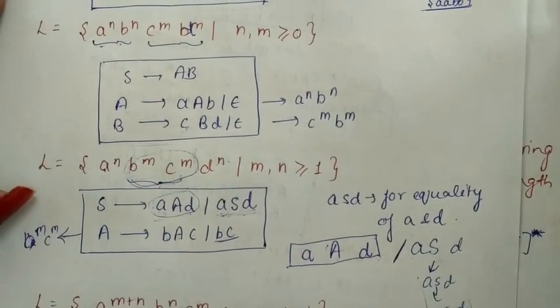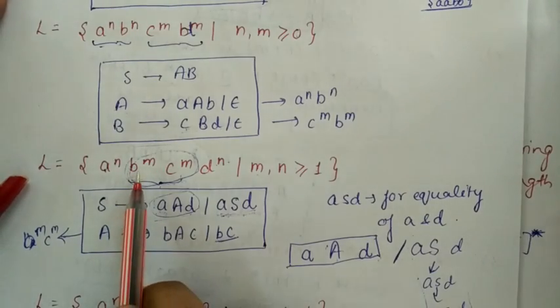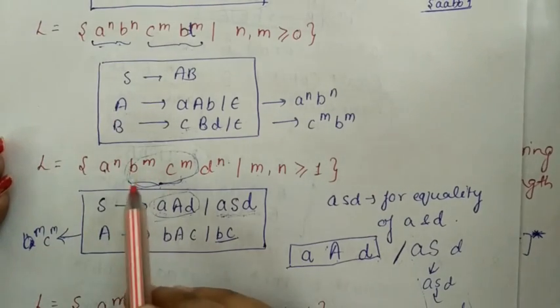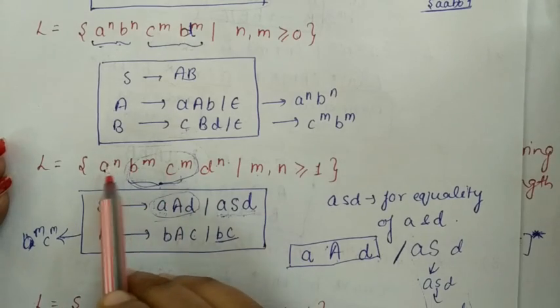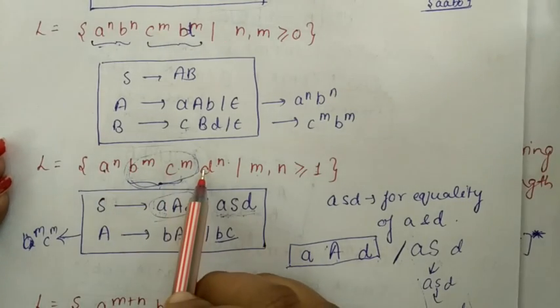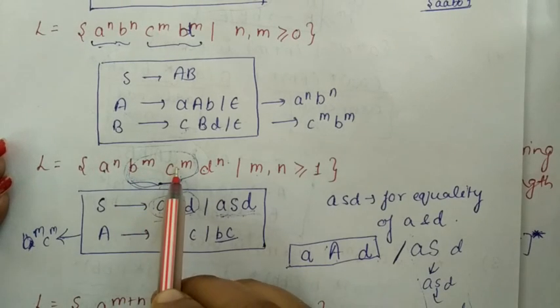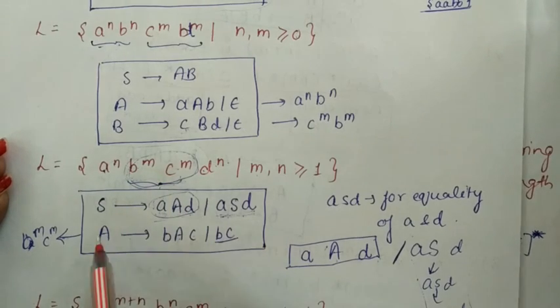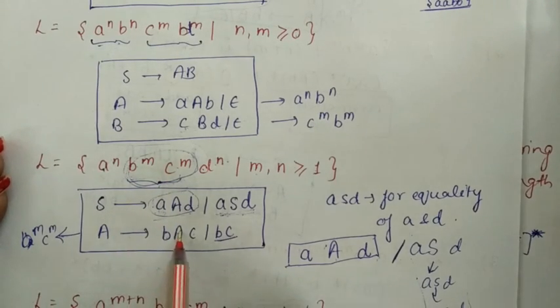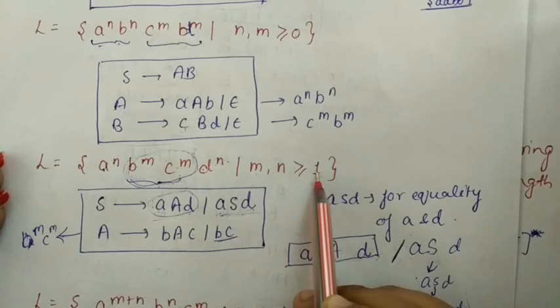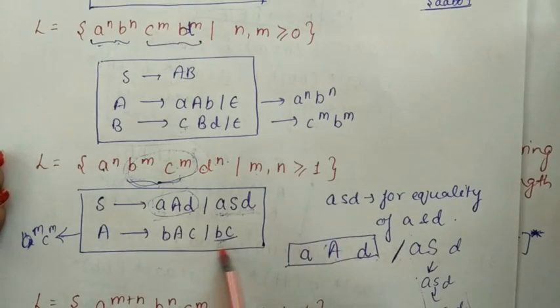Now our next problem is this. In this problem, the value of B and C is same and the value of A and D is different. So for this it is simple. Since the value of B and C is same, we can write bc, and we will take the repetition of this variable in between. Because the value of m is greater than 1, that's why we have written bc here.